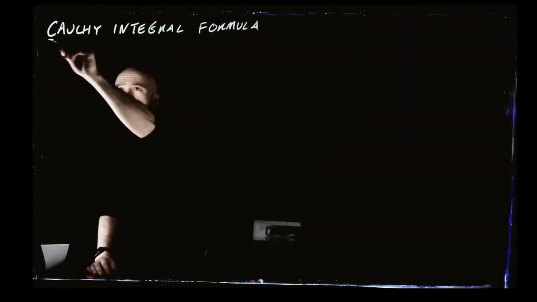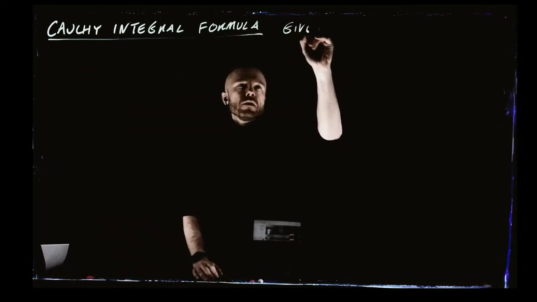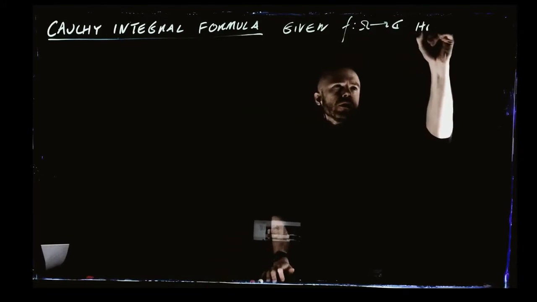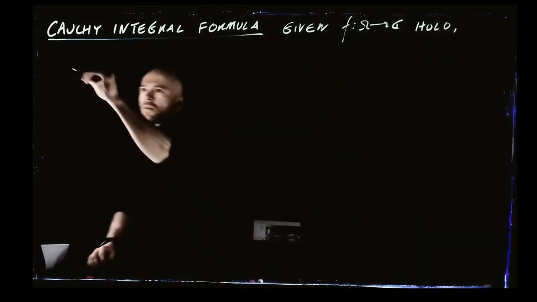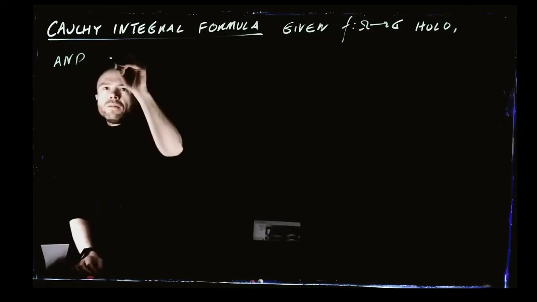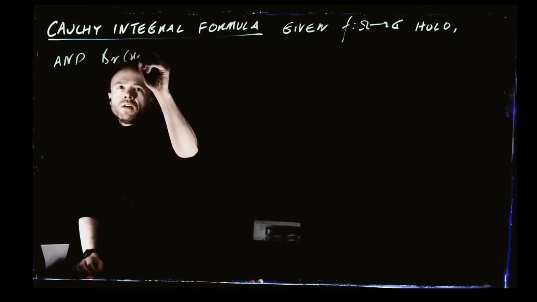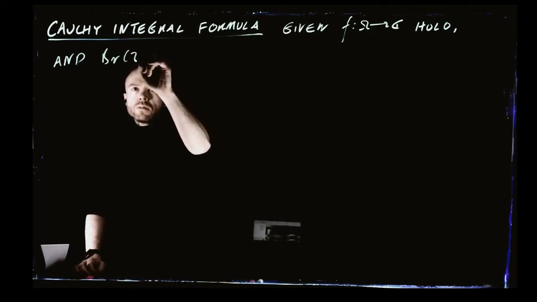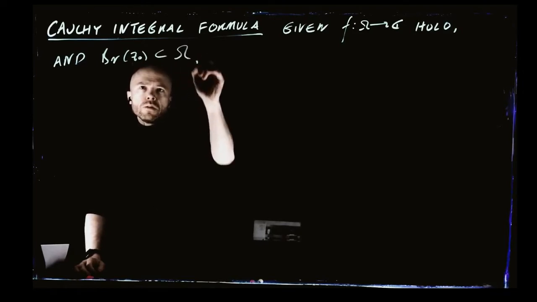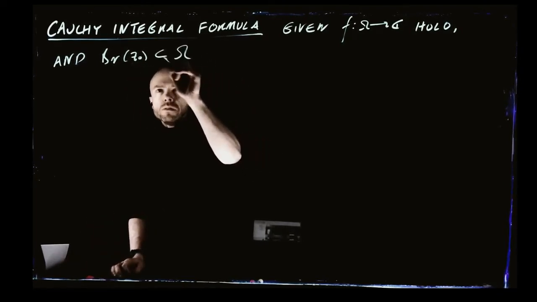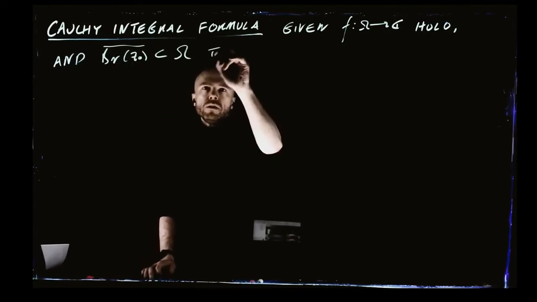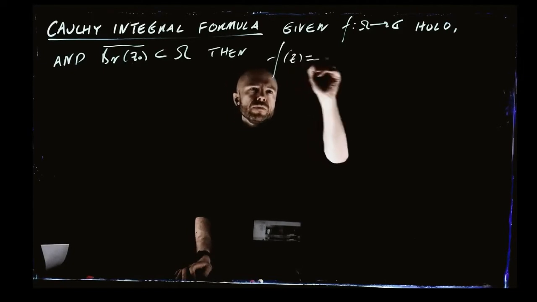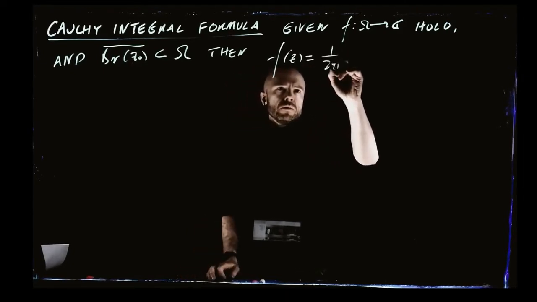Says the following: if we have f, this, complex numbers, holomorphic, and we have that the ball of radius r of z0 is contained within omega, actually, its closure is contained within omega, then we have that f of z equals 1 over 2 pi i